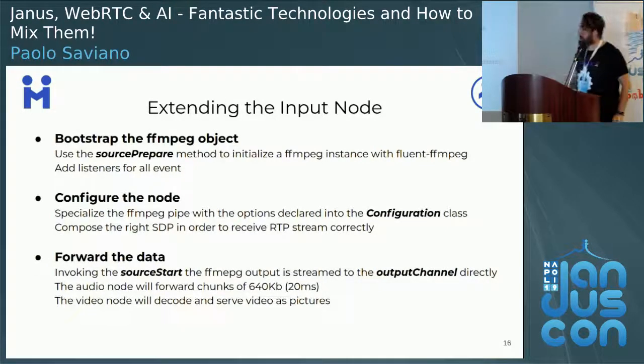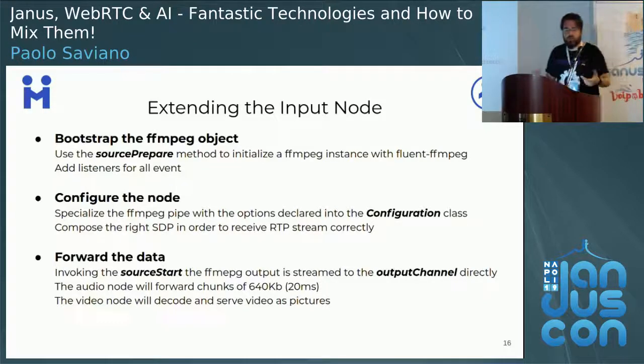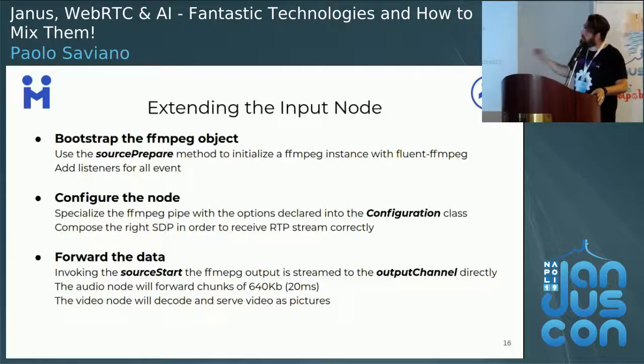Okay, once the superclasses are defined, we can start our real project, our low-level project, implementing our application. The first thing to do is to create an input node that uses FFmpeg to receive video or audio and so on. In the source prepare, we will allocate the FFmpeg instance and configure it through a configuration object created ad hoc.